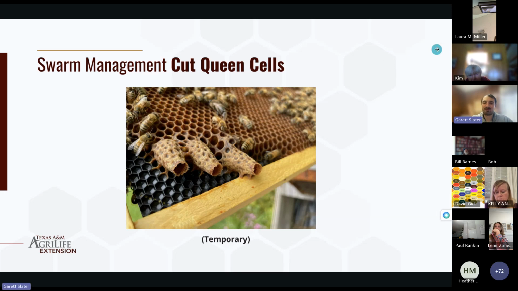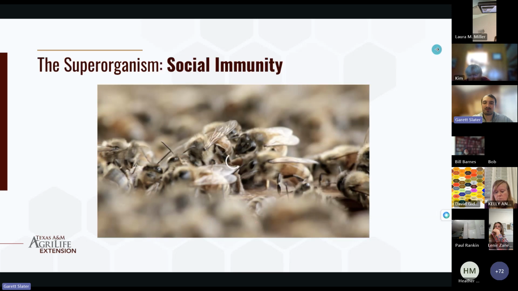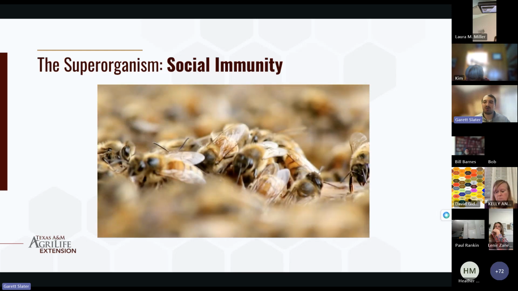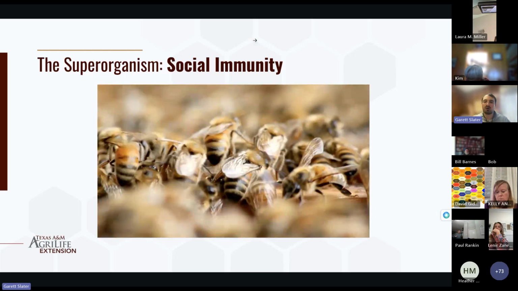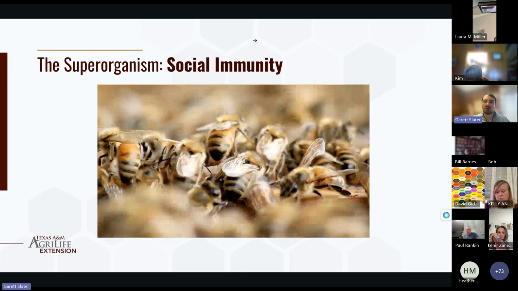Okay, so one of the coolest parts about honeybees is their social immunity. Honeybees actually have a very low immune system, especially compared to humans. They don't have an adaptive immune system, so that makes them more prone and exposed to a lot of diseases. Also, because they're living in a confined space with 10 to 15,000 bees, they're more exposed to a lot